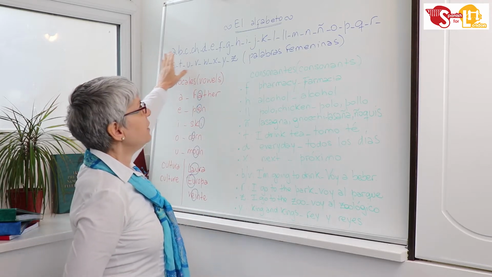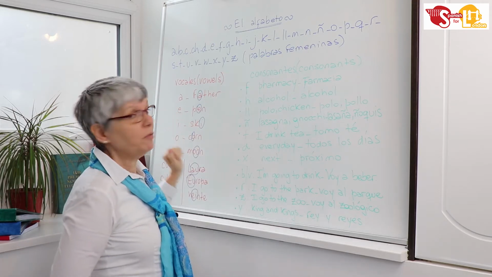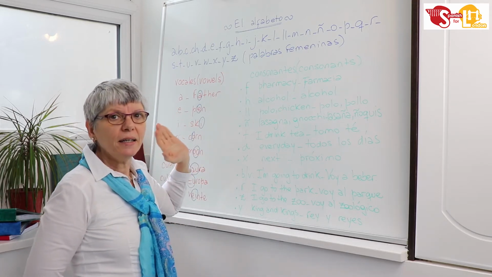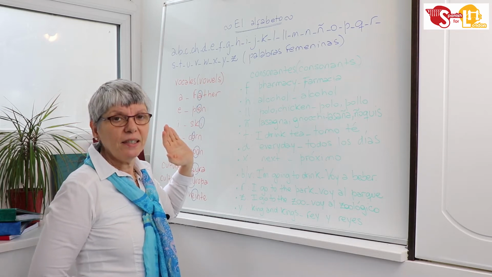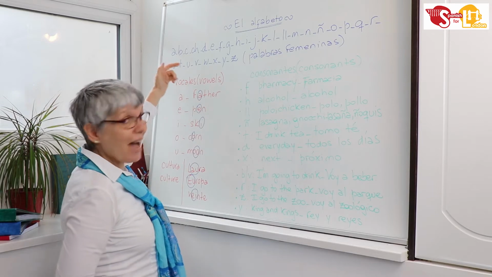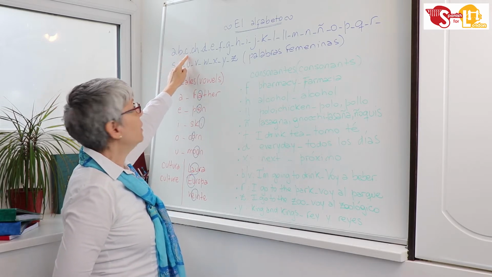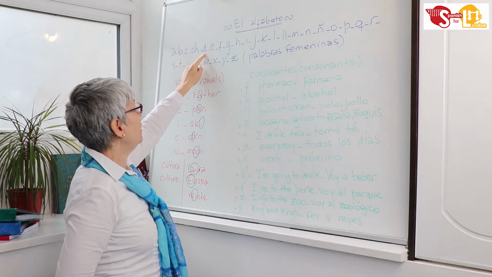First, you have here the alphabet, el alfabeto. I will say the alphabet for you, so you will hear the names of the letters. The letters in Spanish are always feminine, so we say la A, la B, la C, la Ch, la D,